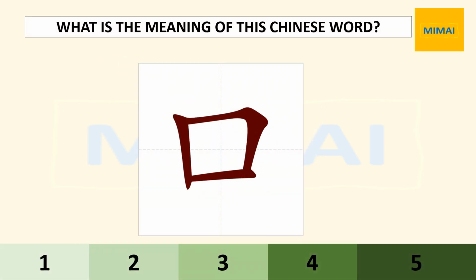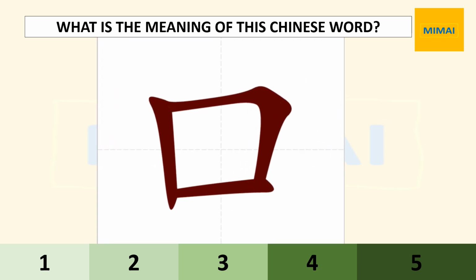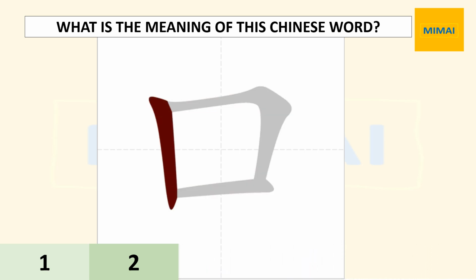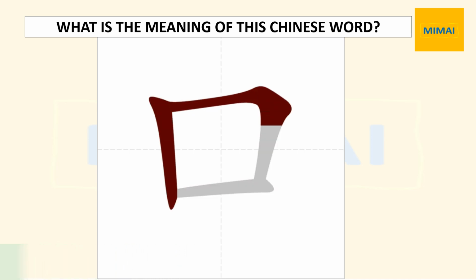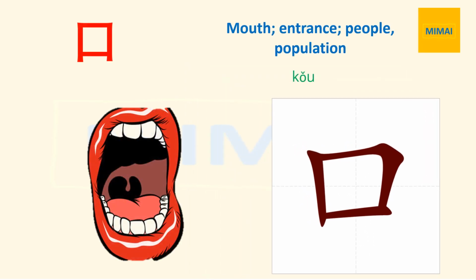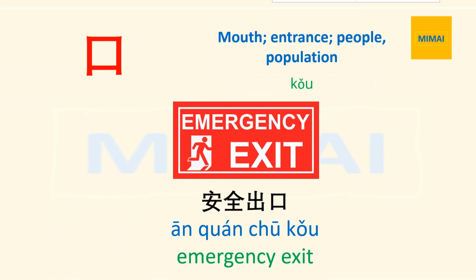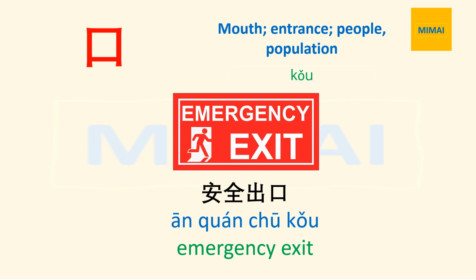What is the meaning of this Chinese word? 口. Mouth. 口 Mouth. 口 Mouth. Here is an example for this word. 安全出口